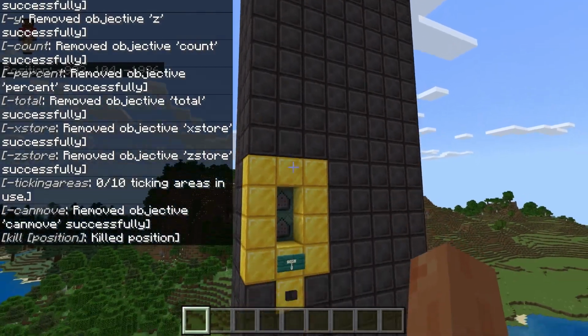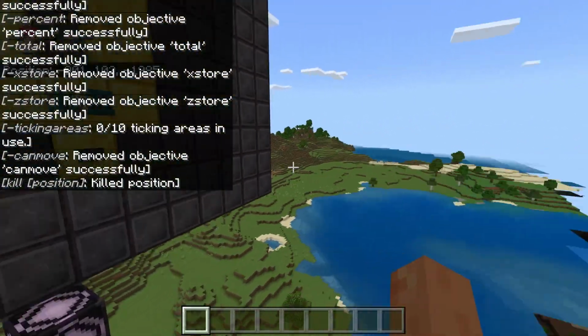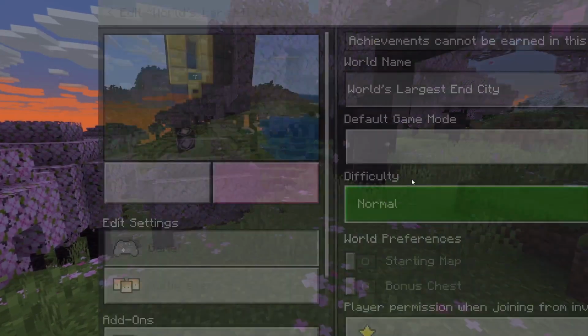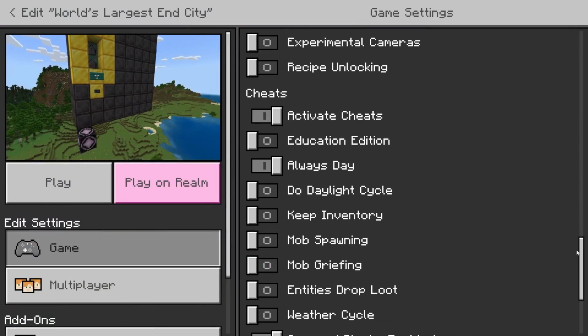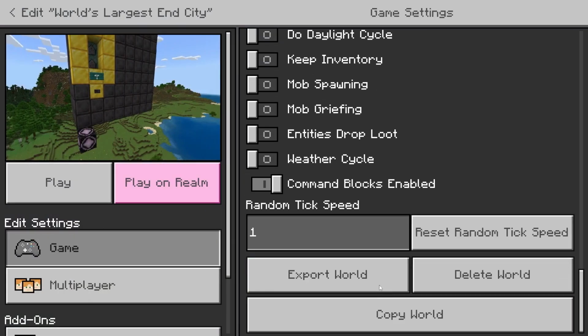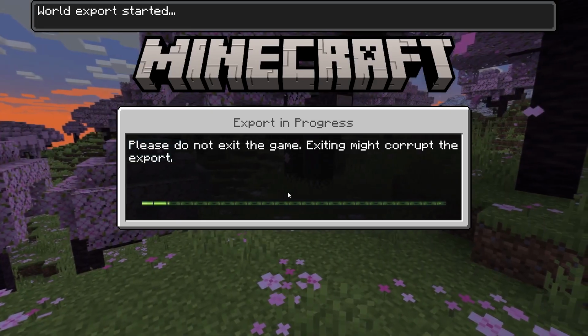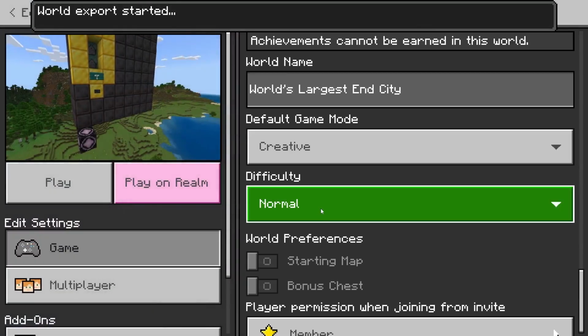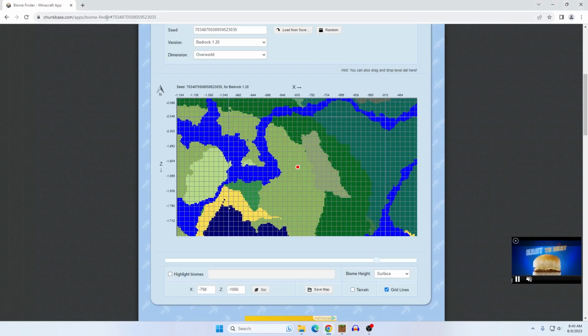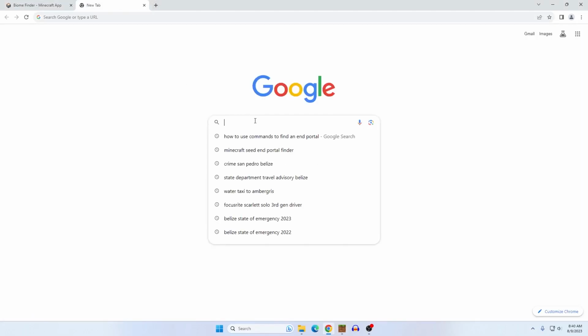Now, what do we do? Well, let's check it. So what I'll typically do is I'll just export it. Go to downloads because I work out of my downloads. You can put that anywhere you want, but we're going to go back to Google or whatever browser you use, and I'm going to search